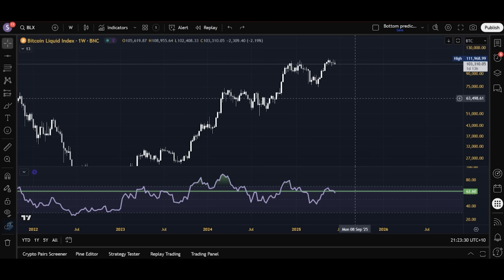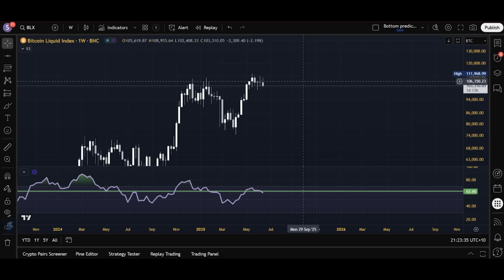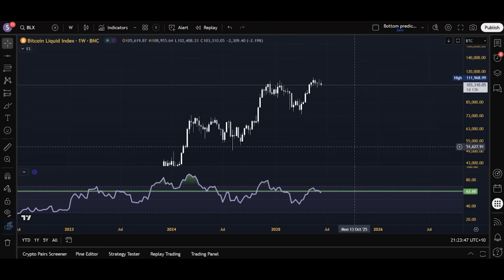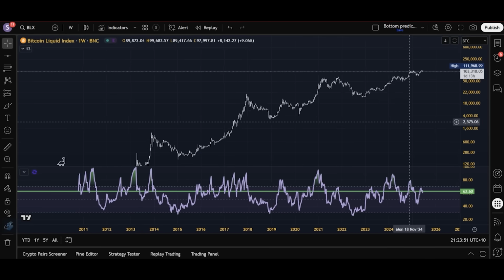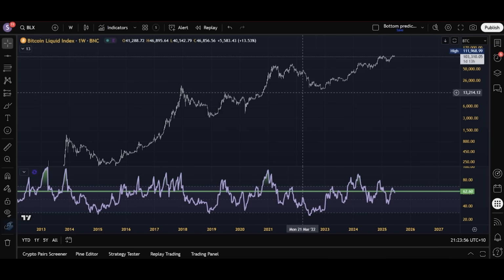Now, it's concerning to an extent. And by the way, in order to close below it, we need to close below something like 105,000. So if we're above 105,000 by the end of the week here, it's not the end of the world. We've actually held it, and then Bitcoin looks very good. But if we close below 105,000, we have actually broken below this 62 level. And unless it's going to be a fake out, which is quite unlikely, we probably would move downwards on Bitcoin for at least a few weeks.